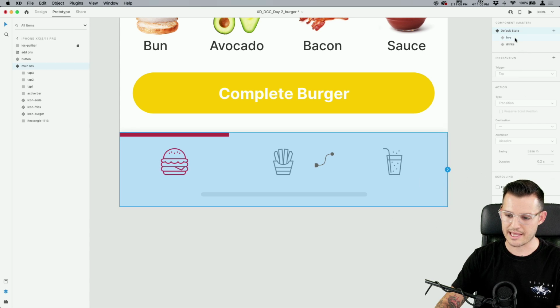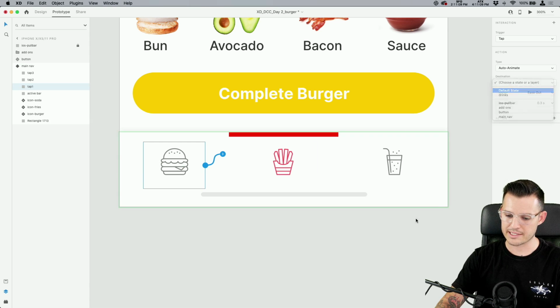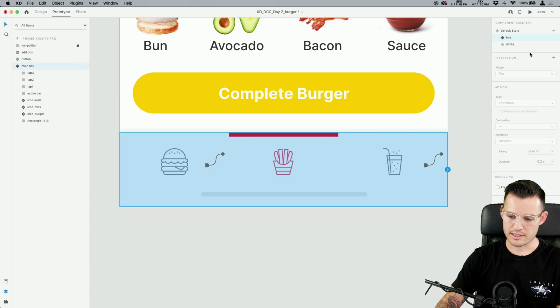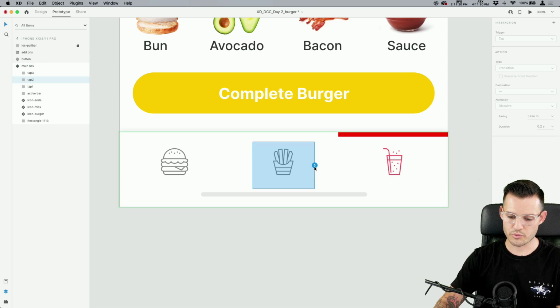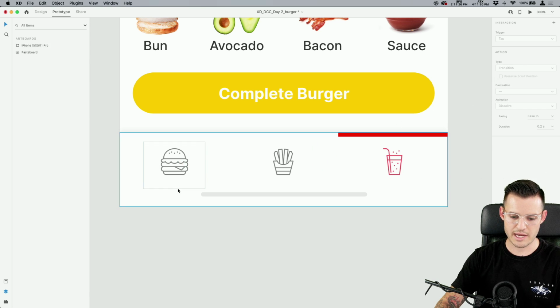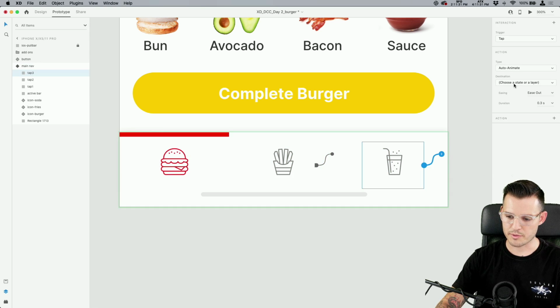Beautiful, just like that. Now let's go to fries. And here on this one, if we tap this, we'll go back to the default state. But also if we tap drinks, we wanna go to the drink state. Very cool. Let's go back to our component state here. And now we'll just reverse our way there. Tap on fries, go to fries. Tap on burger, go to default state. Are we tracking with what's going on here? Pretty awesome. We should, while we're here, also be able to go to drinks.